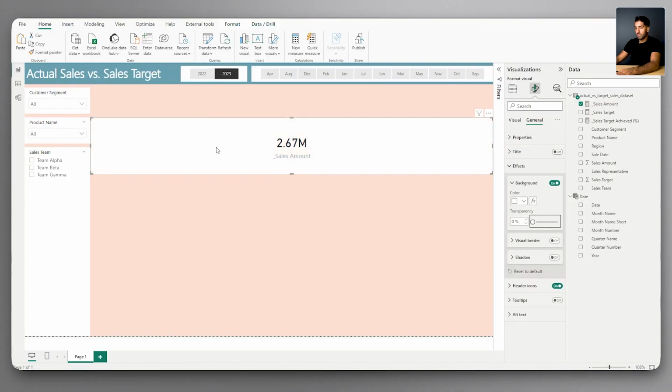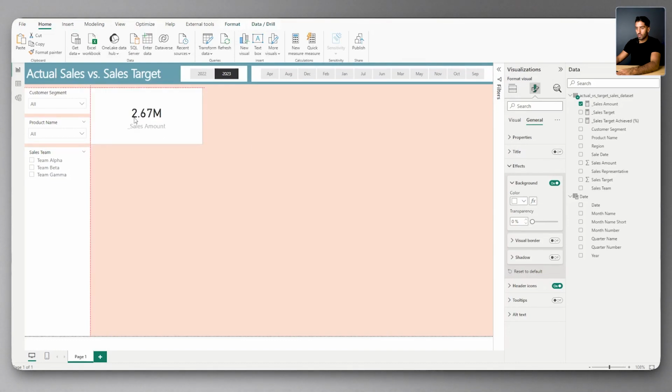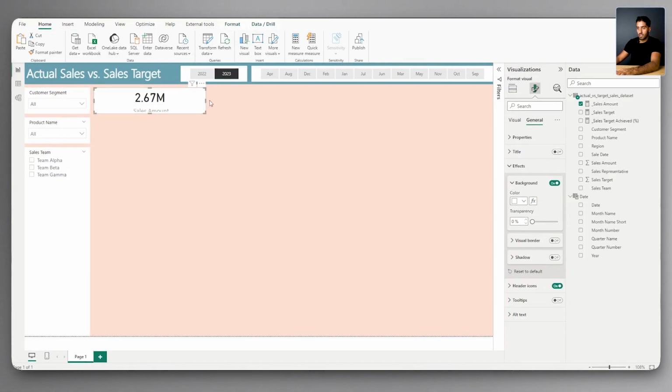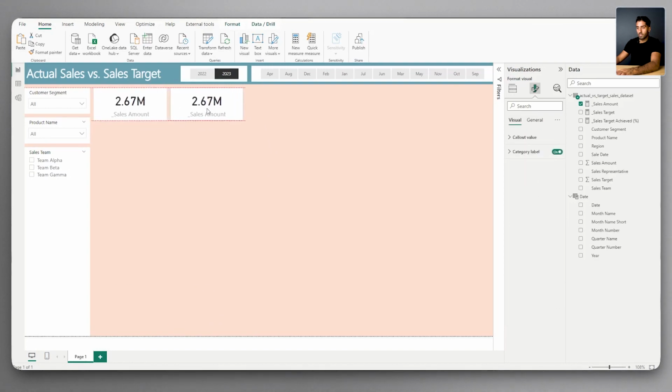Think about that in terms of efficiency as you get more and more into Power BI. Let's turn this on. Let's do like that. Okay, but this is fine size wise. Sales amount, and then we had